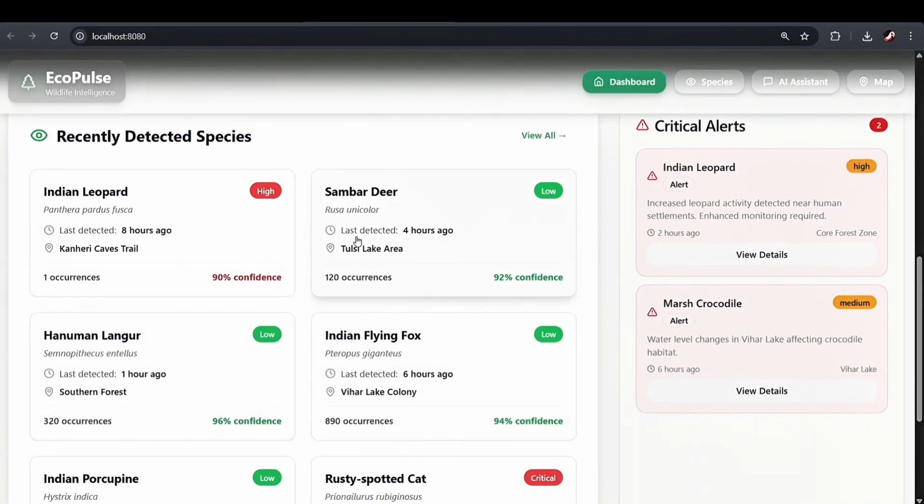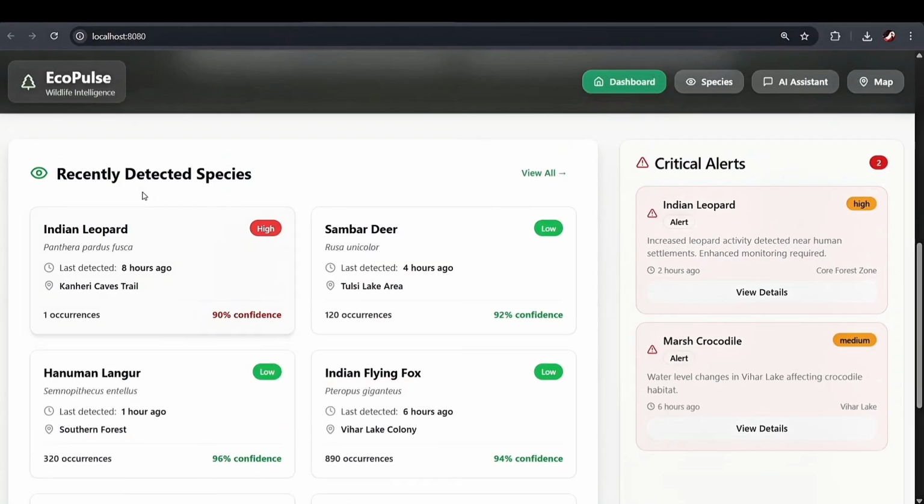Here you can see that there is a sambar deer. This is the recently detected species. When the whole system is running, it will understand when it was captured, where it was captured, and at what camera location, and it will tell you that.